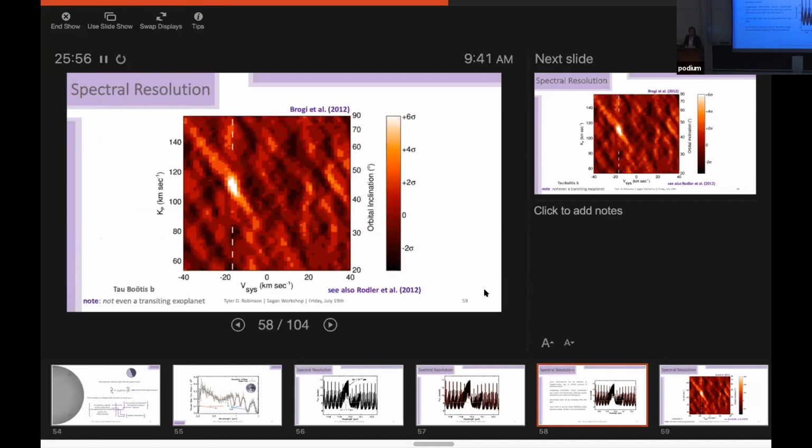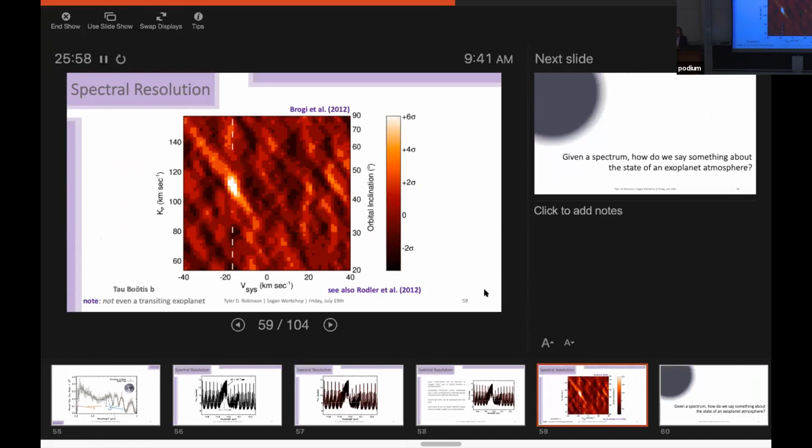And so I will just show you one of the classic results of these high-resolution techniques from Brogi et al. 2012, with a similar result published at the same time by Rodler et al. 2012. This was for a hot Jupiter exoplanet, Tau Boötis b. This was a planet detected by radial velocity, but that is not transiting. And if the planet is not transiting, you don't know the inclination of the planet's orbit,